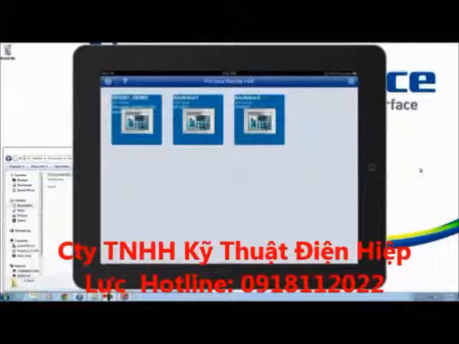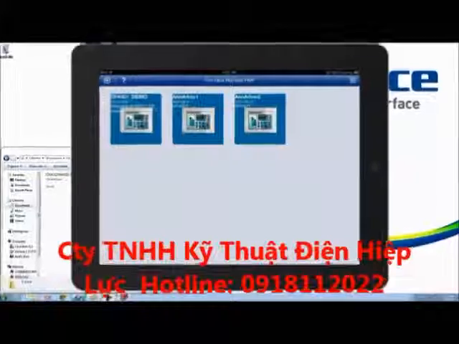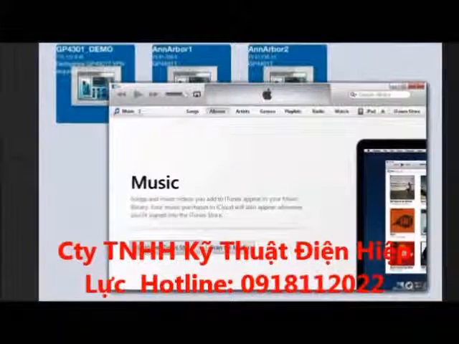Now, the only problem with iPads is trying to get the file off of them. You can download a program which can browse the files on the iPad, but I've never found it very easy. But the easiest way is to go to your iTunes. In your iTunes software, when you plug your iPad in, I've got my iPad plugged in via USB into my computer here, and I go to iPad,